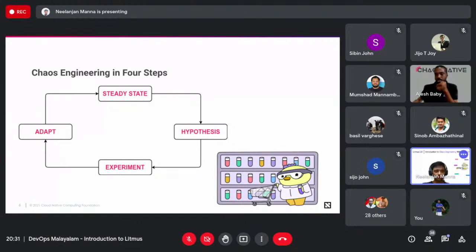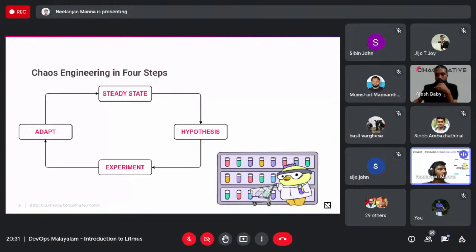So what will we do then? Of course, we need to adapt. We need to make some changes in our system so that we can make it more resilient. Here we identify all those factors that can lead to instability and work on them. As soon as we work on them, we then work upon finding our steady state again. That is, we recognize a new steady state, and this cycle goes on until we find a perfectly resilient system for us. Moving on,